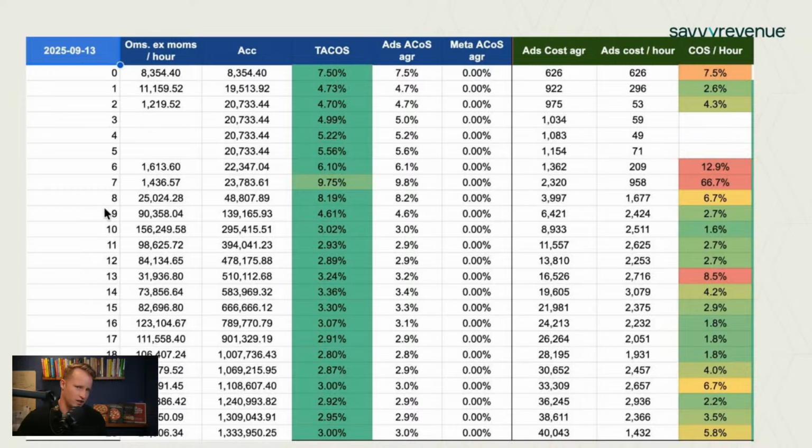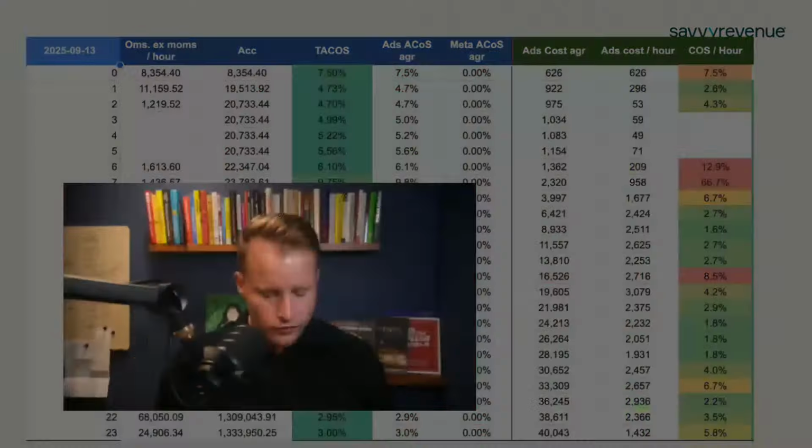In this case, we're in the green all day. We just have no more budget to spend. This is one of the most key things you can do, is to have a dashboard like this. If you don't have it where you can pull it in automatically, just create it manually. You don't have to get the data every hour, but just go in and say, okay, by 9 a.m., I have a total revenue of 100,000. I have a total spend of 12. At 12, you do the same thing. And that way, you go one by one by one.